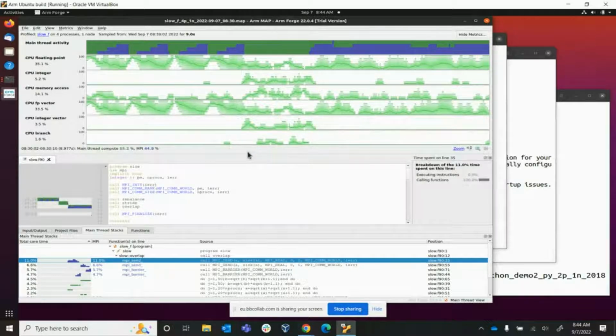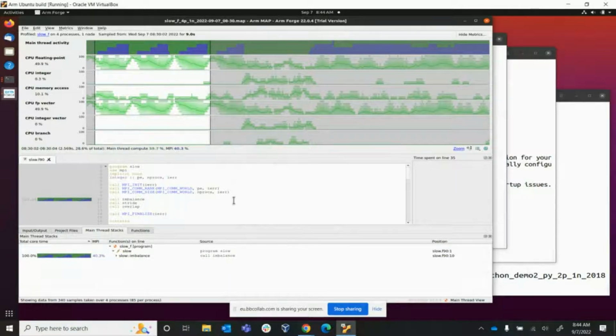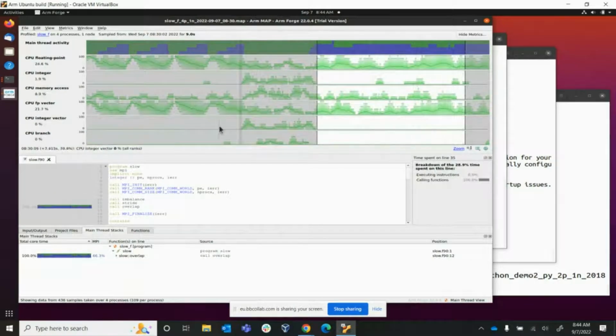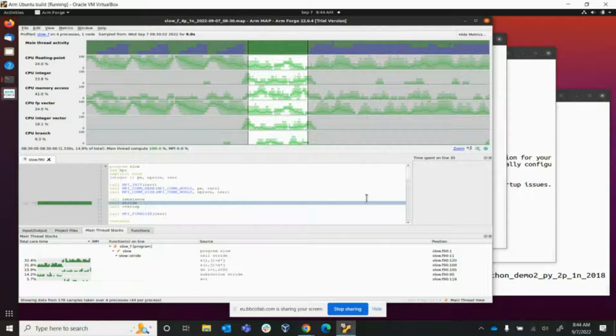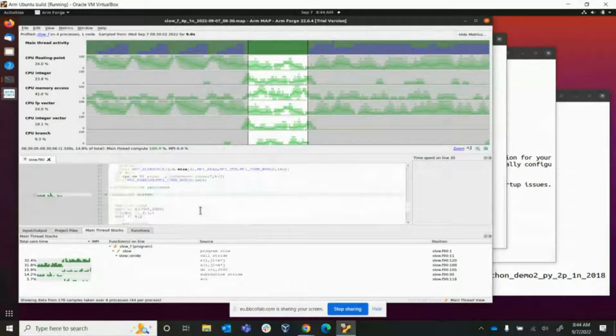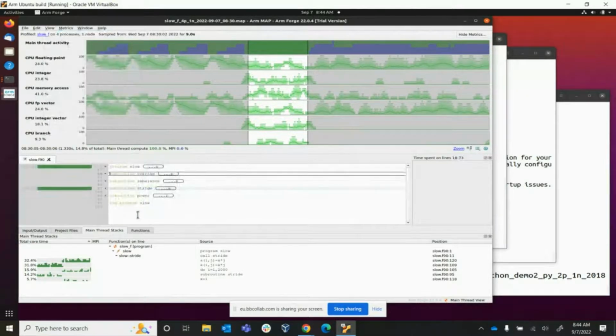So let's maybe have a look at this vectorization. Let's highlight a section of vectorization, and I'm going to find one that's a little bit. Okay, so let's start with this section where there are a lot of floating point operations. And then once again, we'll collapse all the code blocks,